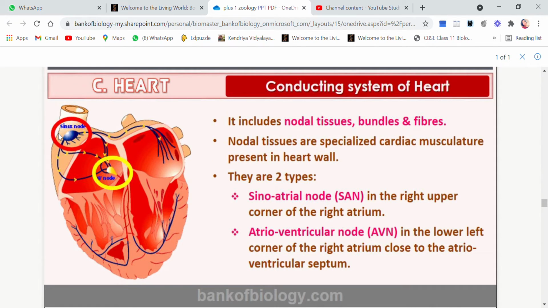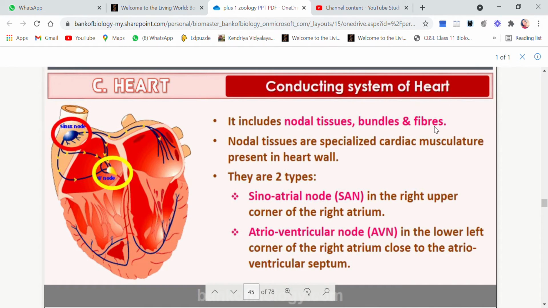Children, in this video we are going to learn about the conducting system of the heart. How are the impulses conducted, and how is the beating of the heart done? How are the ventricles and auricles getting the messages or stimulus to contract and relax? So let's see that. So children, it includes nodal tissues,